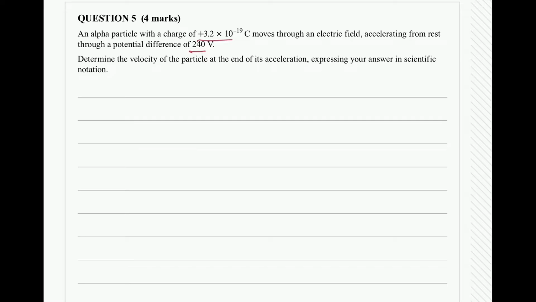And from our potential energy, PE, we can figure out our kinetic energy, EK. So I'll write it as a note at the top of this: a charged particle